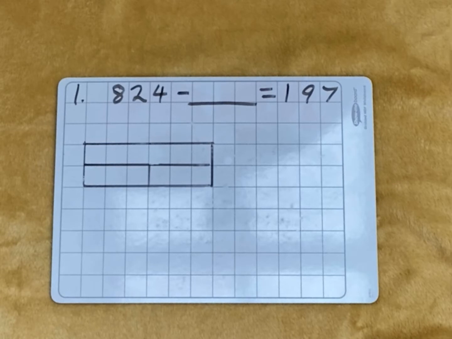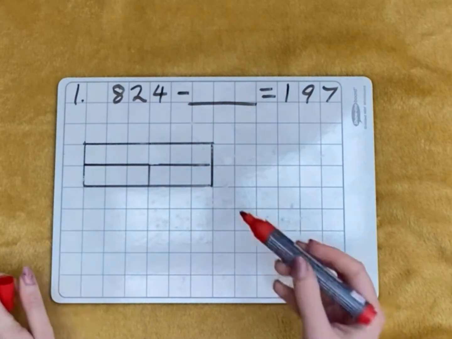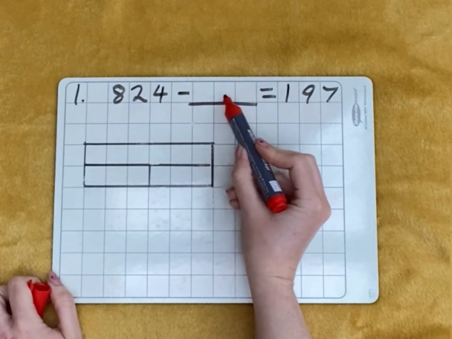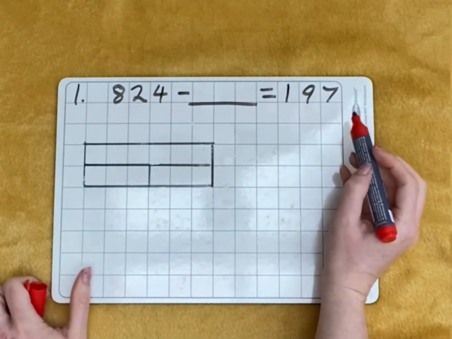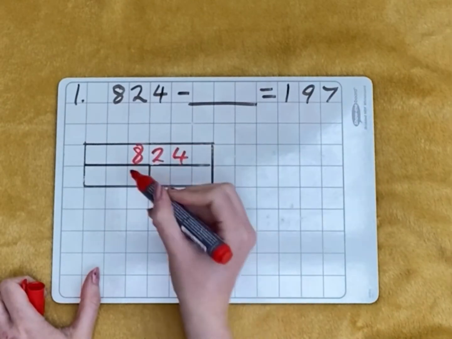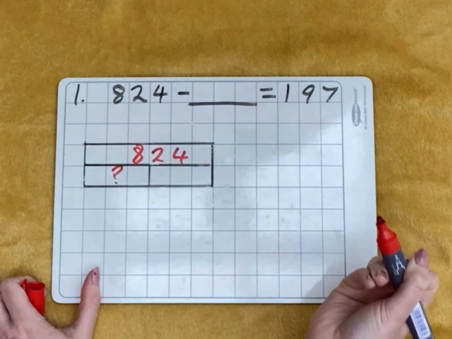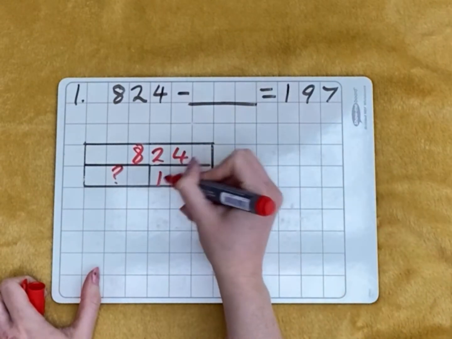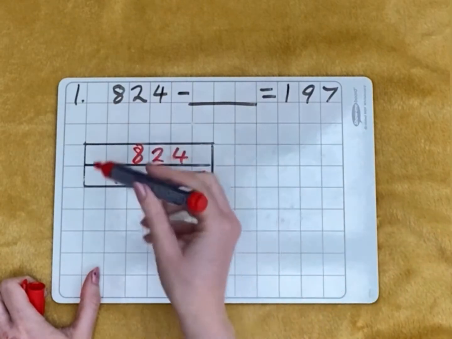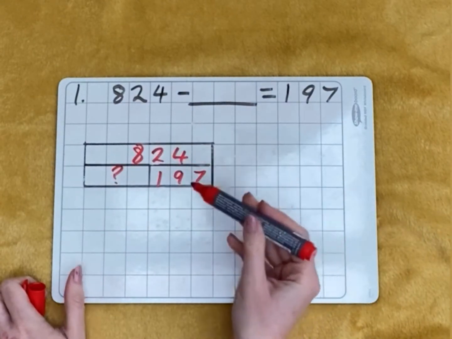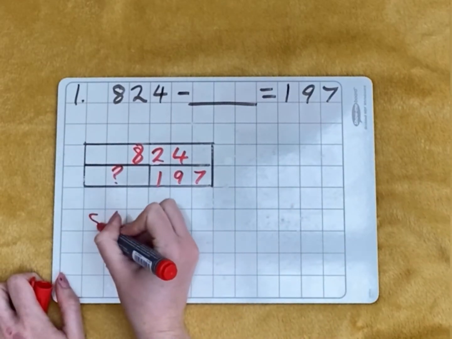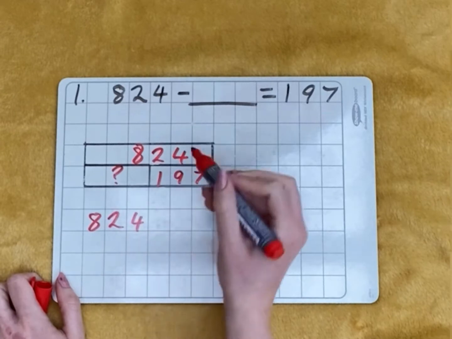So the first thing that we want to do is use the bar model and really think about 824 take away something equals 197. That's telling us 824 is the whole number and we're taking away something from it, and then we're going to be left with 197. Because this is familiar to us, we can now rewrite the calculation as a simple, straightforward subtraction: 824 minus